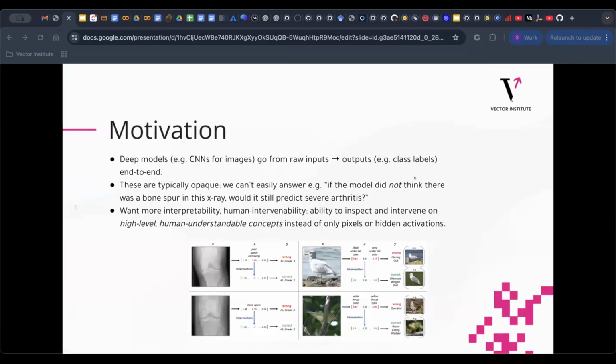So talking about the motivation, why exactly are we doing it? There are a lot of existing methods for post hoc interpretability or for inherent interpretability. So why exactly this research is taking place is because of the limitations of the existing methods. For example, the post hoc interpretability methods have